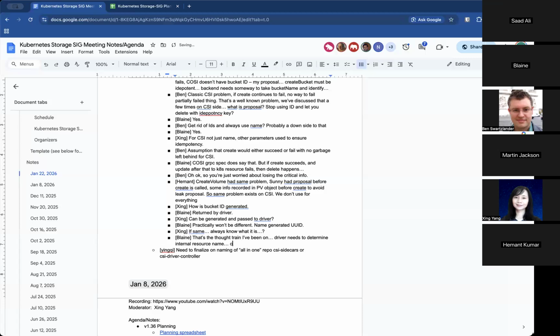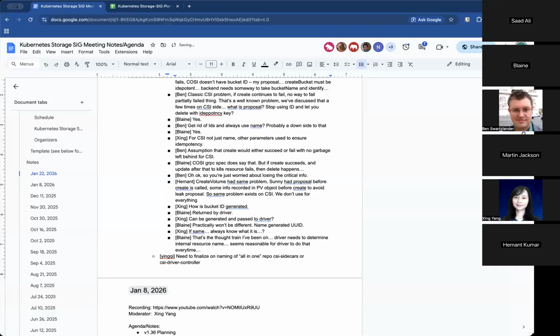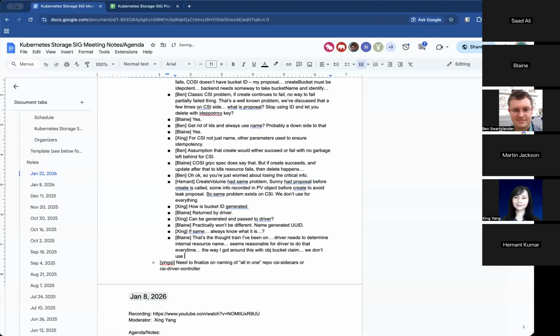I do also understand there could be ways that the driver doesn't want that. The way I got around this with object bucket claims, which are sort of like the Cozy prototype, is that we don't use gRPC there, but I made an API where the provisioner would request an ID from the driver before any operations actually begin.